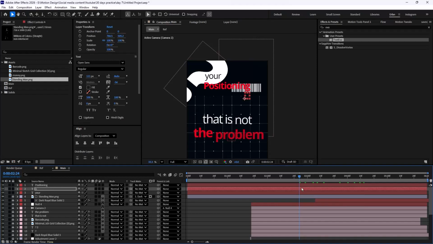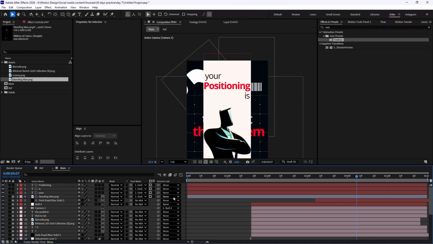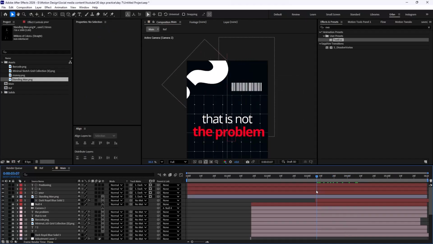Great, now we can just animate the text, but first let's just also use the track matte to the background that we have in here. Let's just unlock it, but I think it works okay.